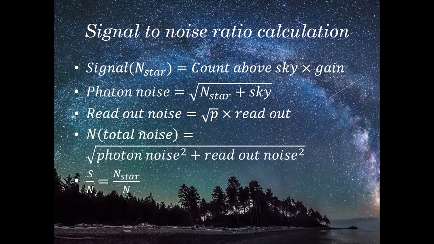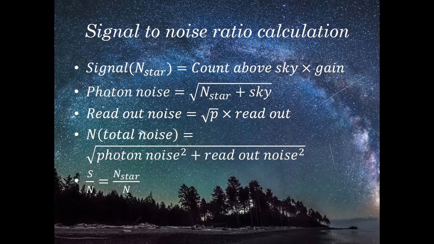Photon noise is from N star, the pixels where you are imaging a particular star. The light coming from that star carries photons, and when those photons interact with your CCD, they release free electrons. So the entire object you are looking at, or all those pixels in which the image is forming, will contribute to your photon noise, because they are the only zones where photons contribute to the release of photoelectrons, and due to varying levels of photons, the noise is induced.